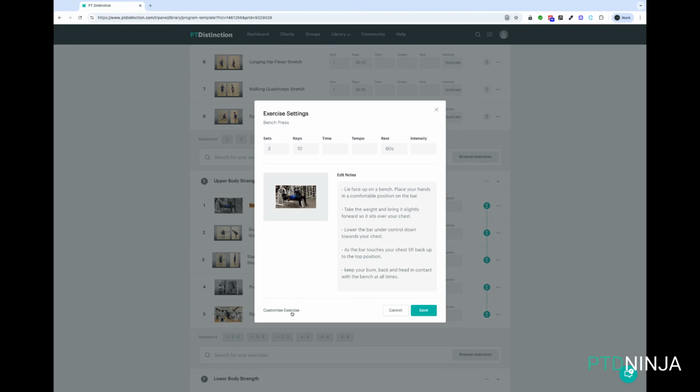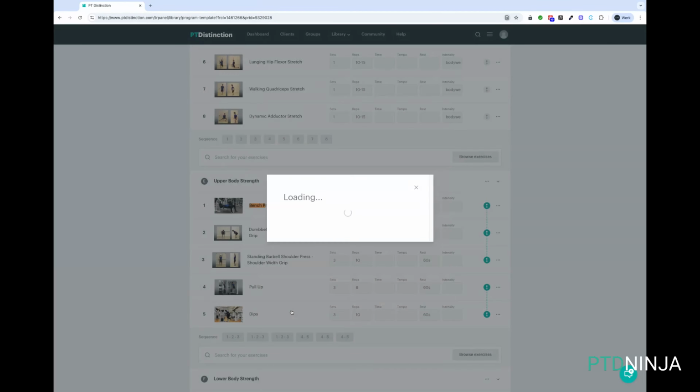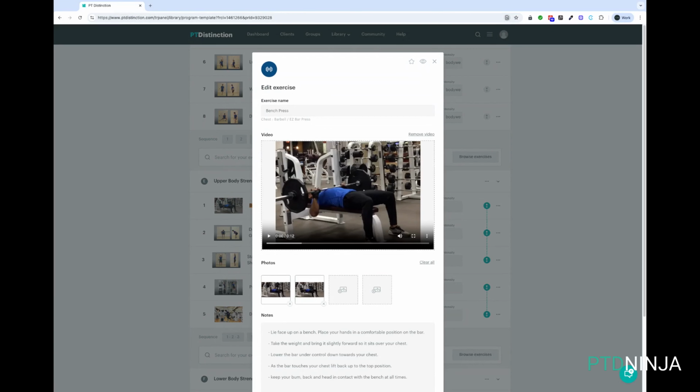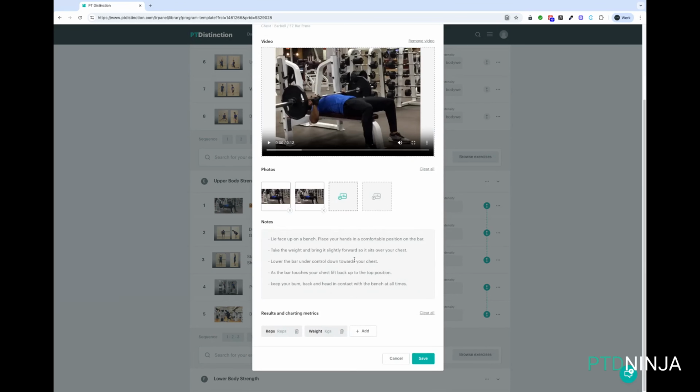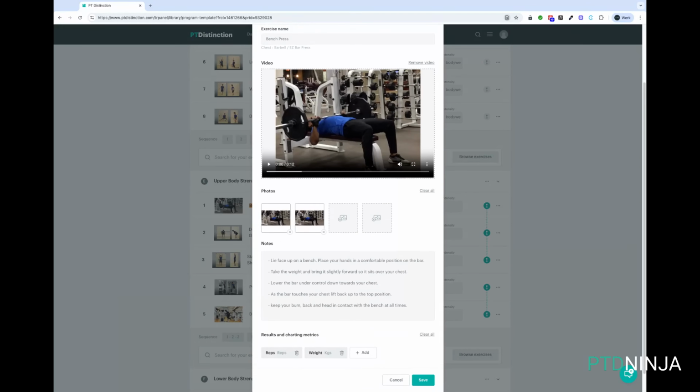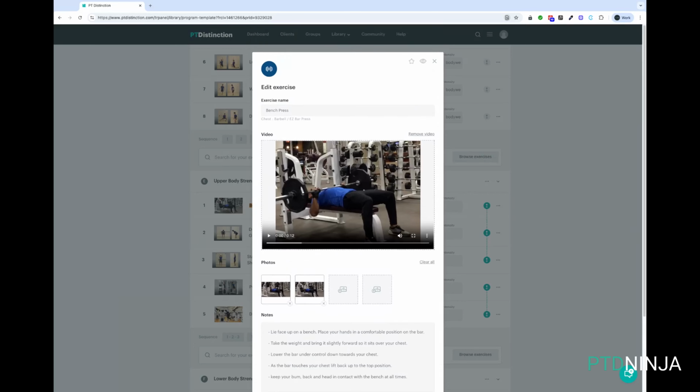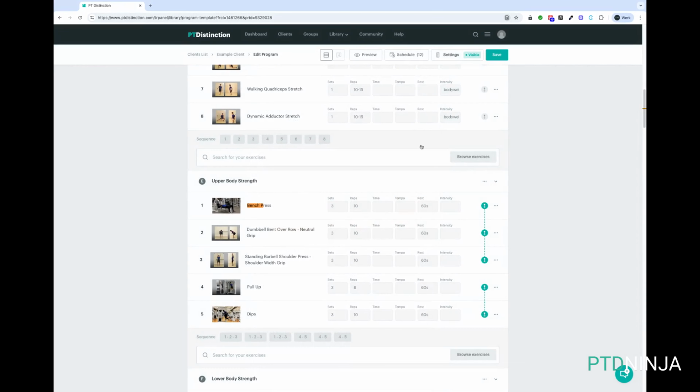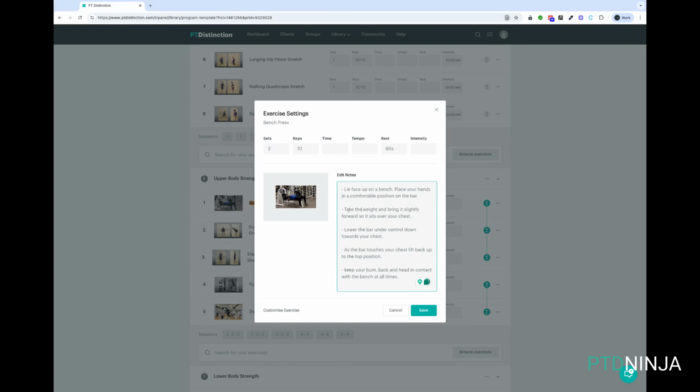So if you were to customize the exercise and click this option, I'll just do that to show you. This will take you through to the main exercise. So anything you edit here, whether it's videos, images, names, notes, any tracking metrics like that down here, anything you edit here will update for everybody that's got this exercise. That's not what we want to do. But if we click on the three dots here and click edit, and we edit this here, this is just the notes for the